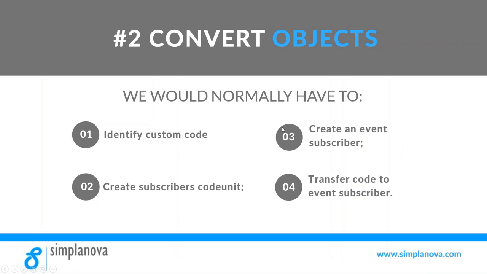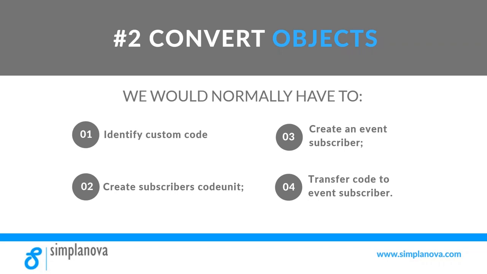Now the next step would be to actually convert this exported item card page. And before I show you how to do that with the Simplanova tool, I would just like to go through the manual steps you would have to take in order to move that code to events. So first of all, you would have to identify where that custom code is inside the standard object, which takes time. Then you would have to create a subscriber's codeunit. You would have to create an event subscriber, and finally transfer the code, which we've identified in the first step,